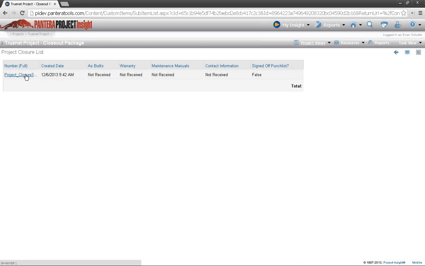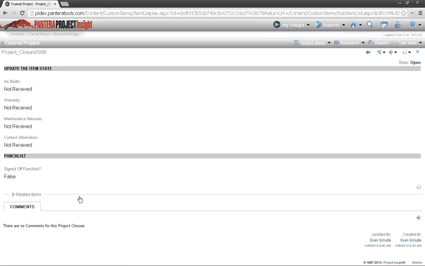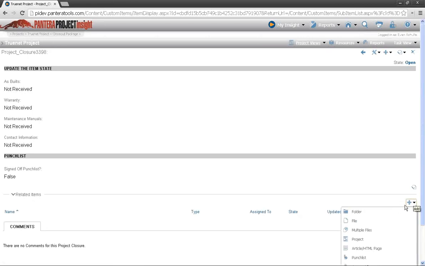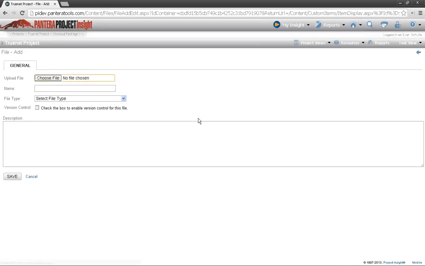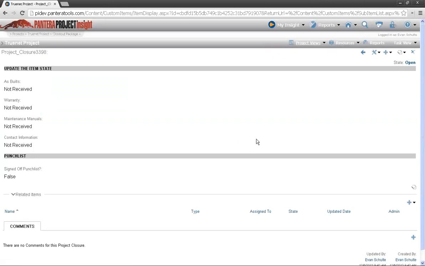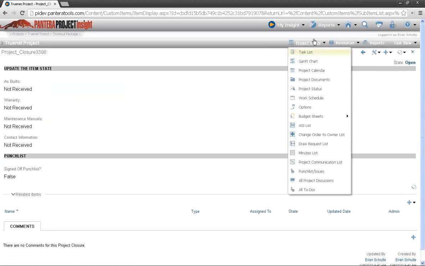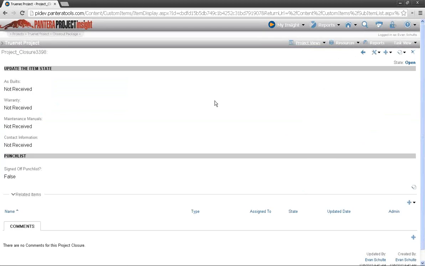He has the ability to upload that photo to this program, and it resides right there for the PM to grab it and send his form and submit it, right? Yes, sir. So on this closure list, on really anything in the system, they can add a photo. So they could really go to anything in this project here, or even in the main documents in the system, and add the photo. But if they wanted to create a new project closure like I just did, have all the items and say they go through here, they check what's done in the project,